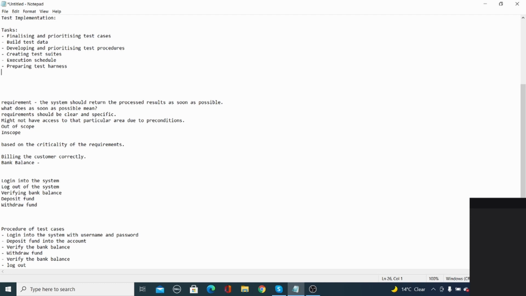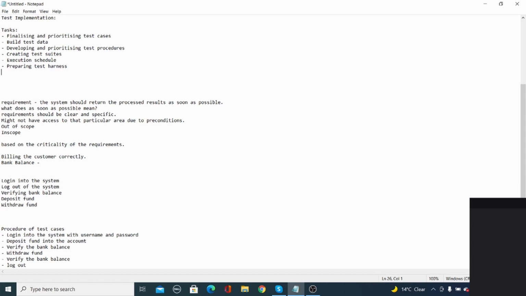Okay, so what happens when you are automating the test cases? What happens for the automation testing? You need to set up the environment so you can automate the test cases. That particular process is called test harness. So you need to set this up, for example Selenium, then you need to set up all the requirements for the automation, and how you are going to execute. For automation, you need to decide the test process and execution suites, exactly the same thing for the automation.